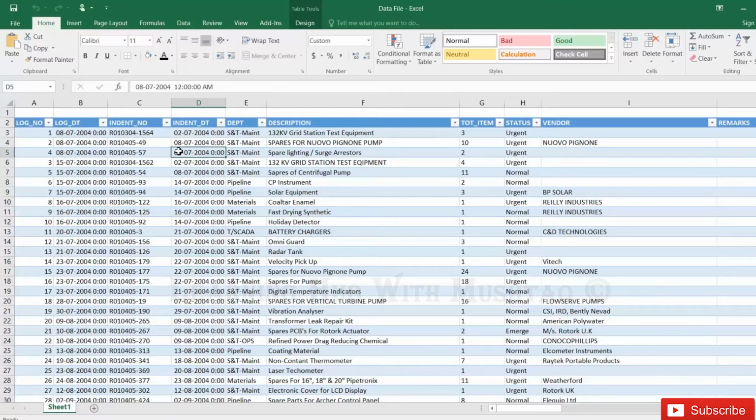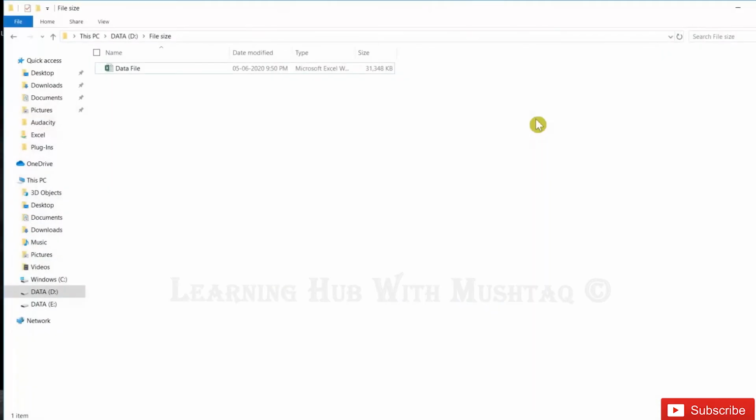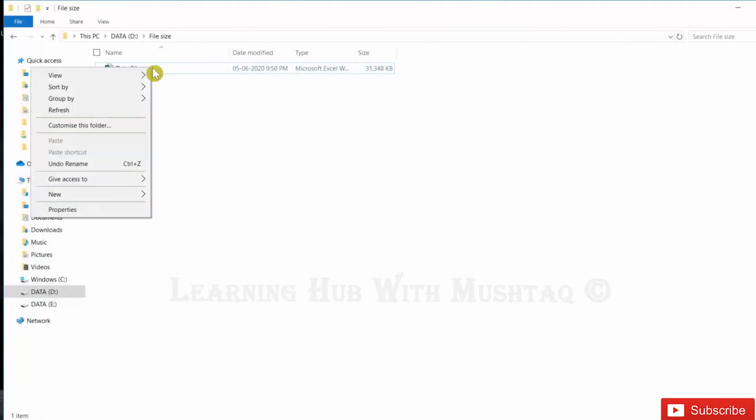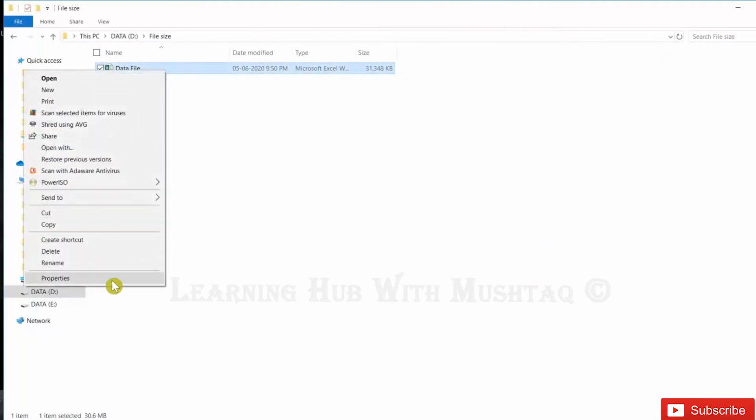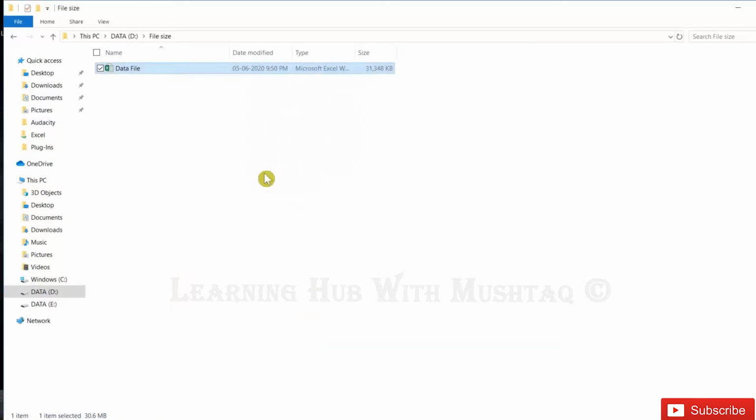How? We have this very large data file, and the size of this file is almost 30 MB. Now we want to reduce the file size. How can we do it? Just open it,